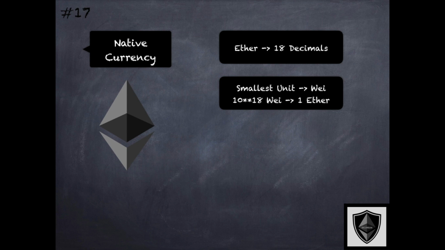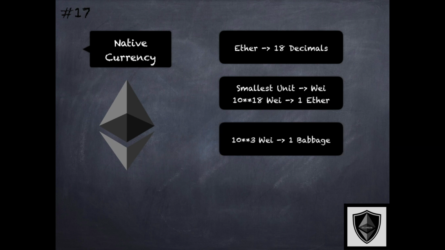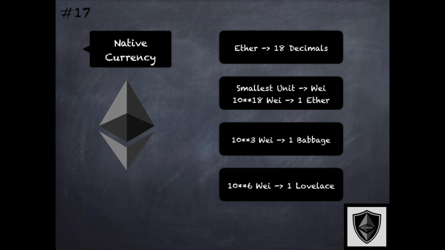This is the fundamental unit, which means that 10 power 18 Wei add up to 1 Ether, right? This comes from the fact that Ether has 18 decimals, so that's the math behind it. Now there are other units as well. 10 power 3 Wei is referred to as a Babbage, and 10 power 6 Wei